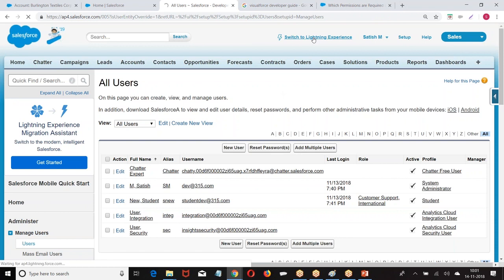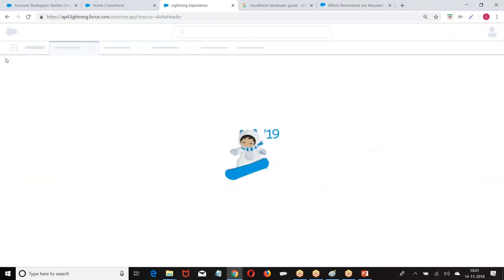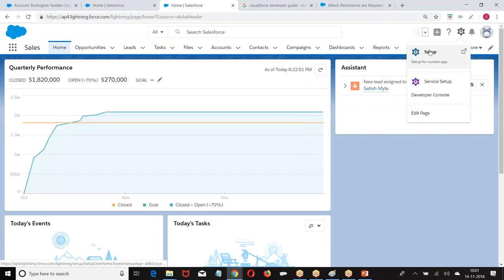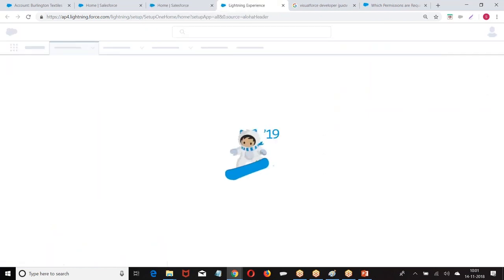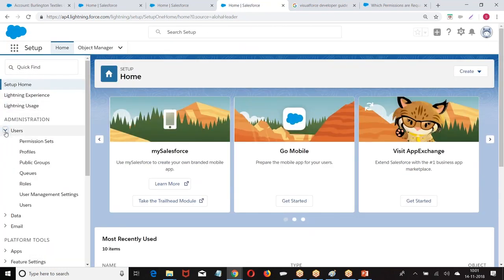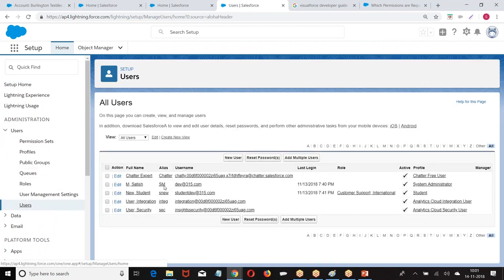In the Lightning also, if you want to do that, what we have to do? Go to the user, administration, user, users, select the user. Setup, administration, user, users.